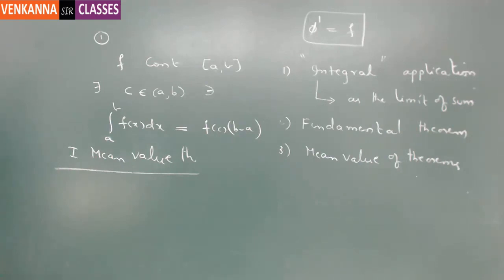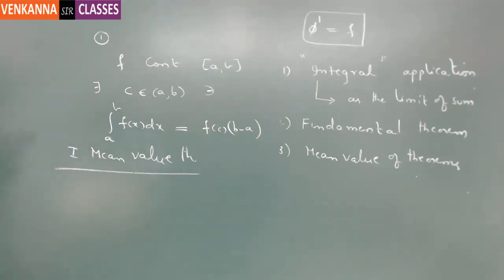Is it derivative of Lagrange's mean value theorem? Here we are not at all finding any derivative, right? So there we are writing that f dash of c is equal to f of b minus f of a by b minus a. That is totally different here. So there is no need to find a connection between that chapter and this chapter. Both are different. The advantage of analysis is while you are considering one chapter, all the concepts and theorems are related to this chapter only. We will make use of the other concept less in number from the other chapters.